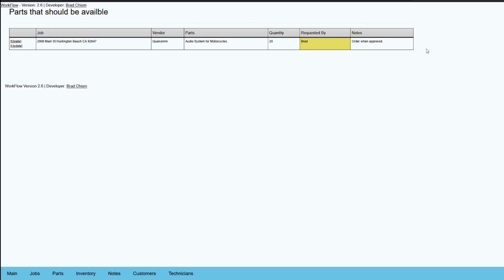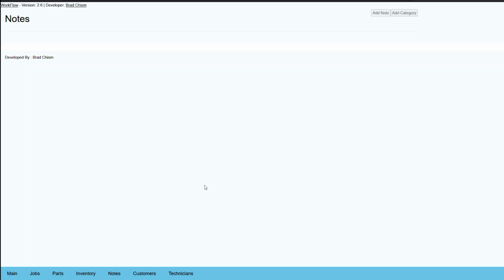We can define that section a little more to help, or we can even set it up where parts may have been delivered at the job site, and you can either put that under notes, or we can set up another category and have that information in display. We're going to go ahead and go to the notes section,